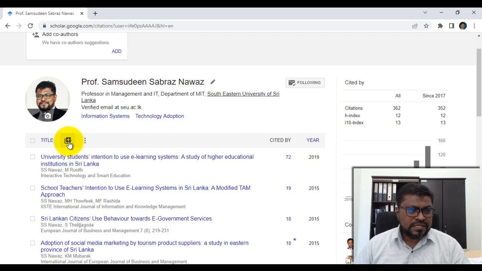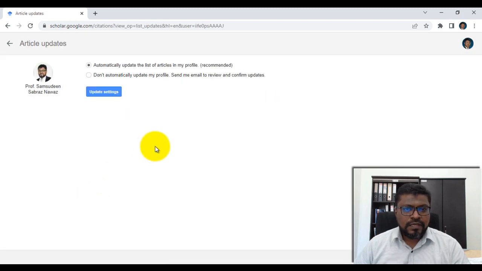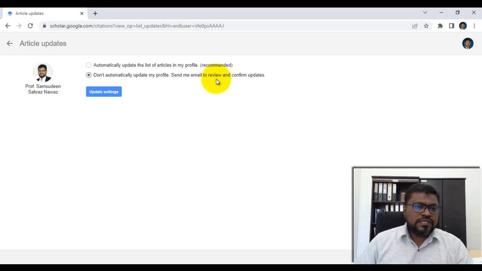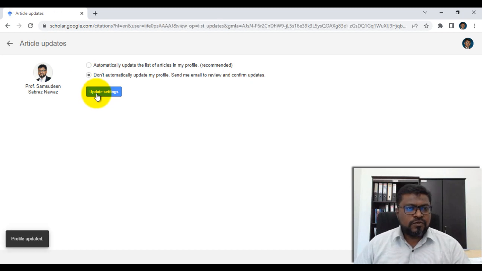So click on this plus icon here and choose configure article updates. In your case it might look like automatically update the list of articles in my profile. Switch it to don't automatically update my profile, send me email alert to review and confirm the updates. So once you click on this option button and click on update settings, automatically your profile will become updated with